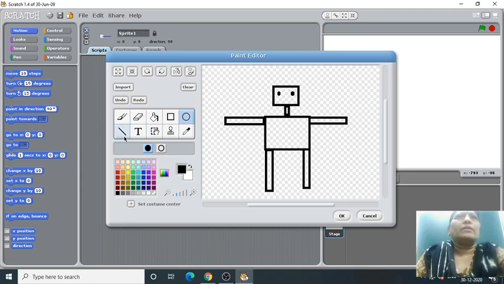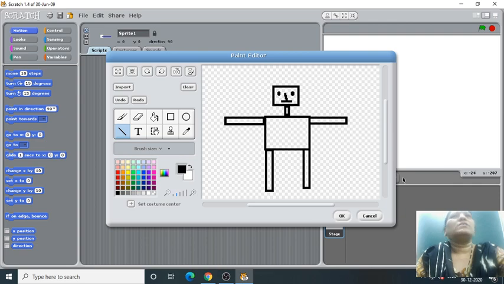Then again I will click on this line and draw a nose, and again I will undo, straight, and then this is the mouth.